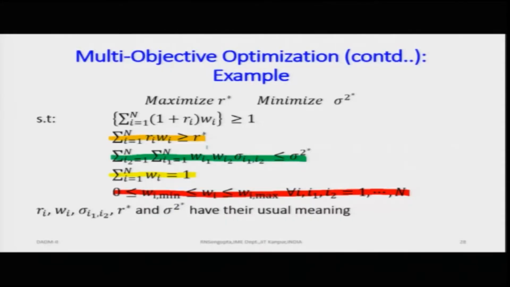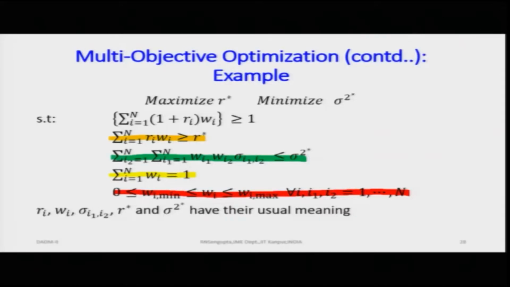Now, the value which I have is a double summation, with I1 from 1 to n and I2 from 1 to n. It is basically W I1, W I2 into sigma I1 I2, which is the product of the weights multiplied by the variance covariance matrix which I have for the whole set of combinations of the assets which are being taken into consideration to formulate the portfolio where I am going to invest. So, obviously, that value would always be on the left hand side, less than or equal to